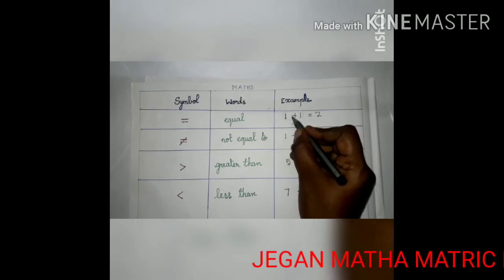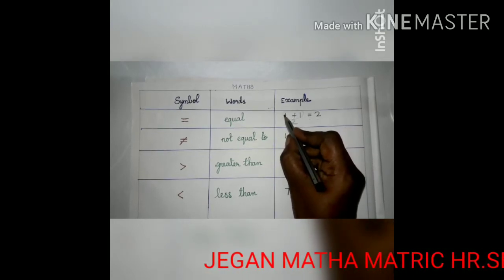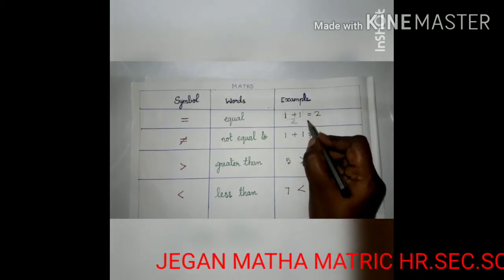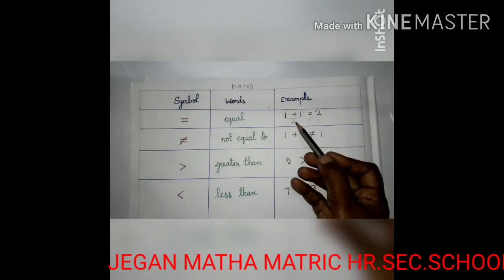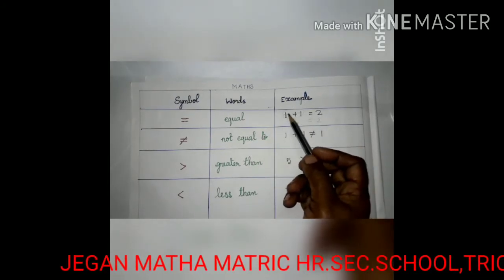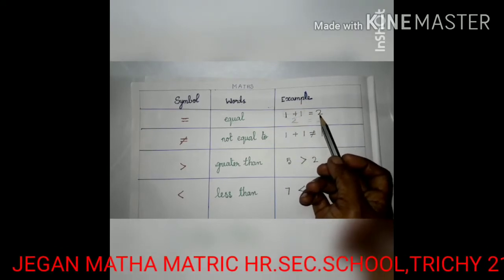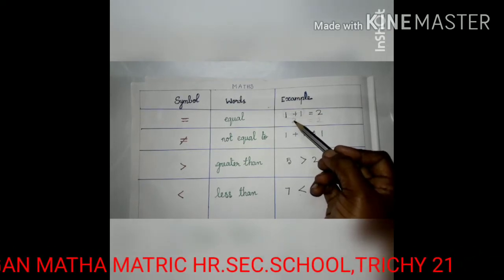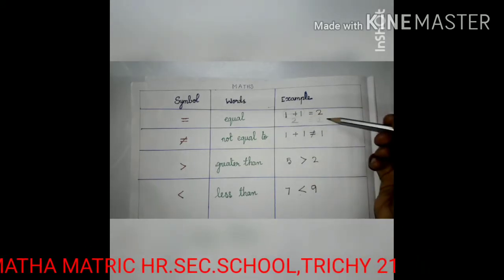So, instead of this 1 plus 1, I write here 2. Okay. So, I am going to cut this. Instead of this, I write here 2. Then this sign equal. Then this 2 will come down. Okay. 2 equal 2. This is the meaning of this. 1 plus 1 equal 2 is 2 equal 2. Both are the same. 1 plus 1 or else we can write 2. Both are the same value. So 2 is equal to 2.